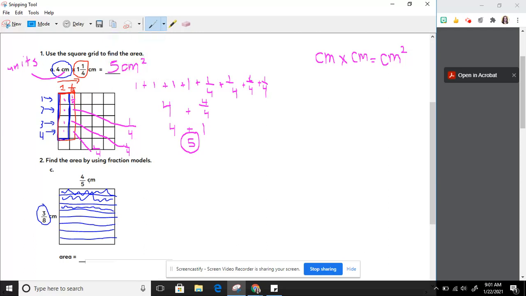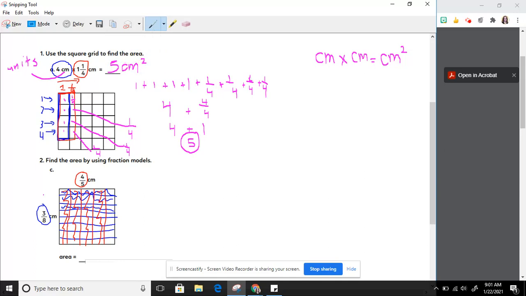And now I need 4/5, and we'll make that in red. So going down. So 1, 2, 3, 4, 5, and we need to shade in 4 of those. So 1, 2, 3, 4. Okay, and now, like we learned last week, we need to figure out how many pieces are total